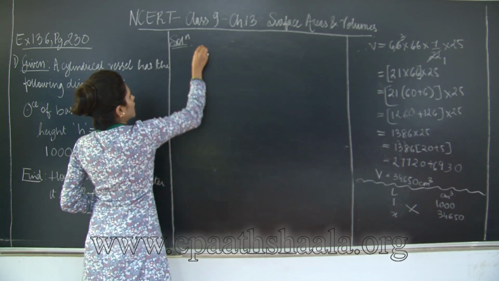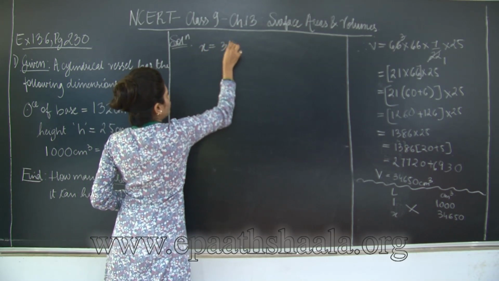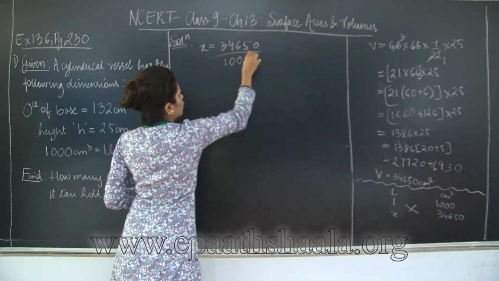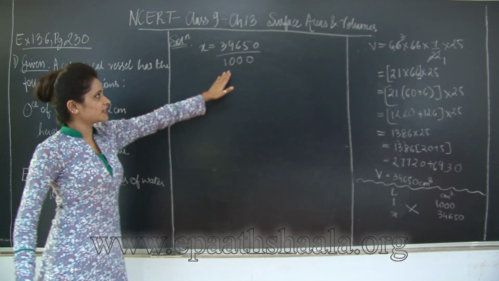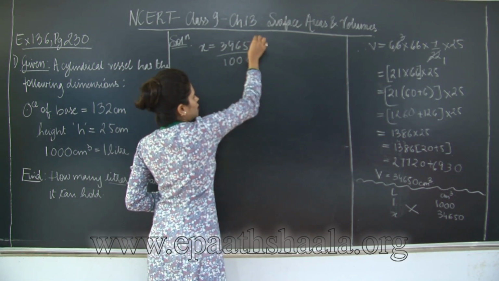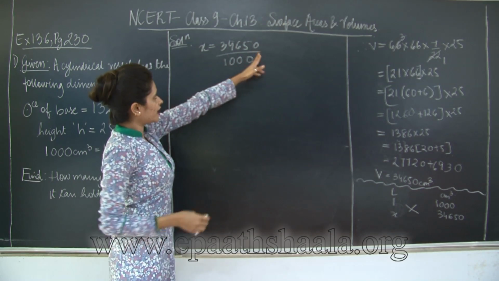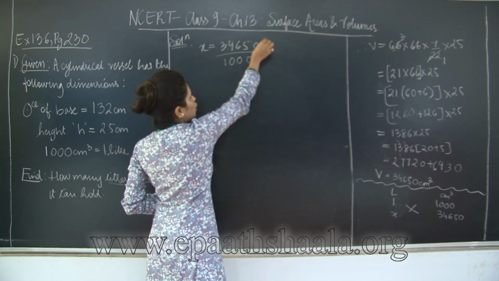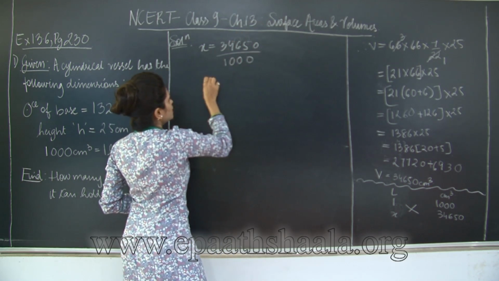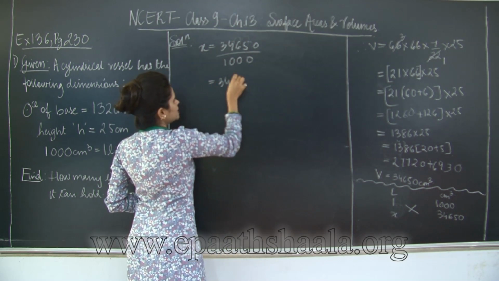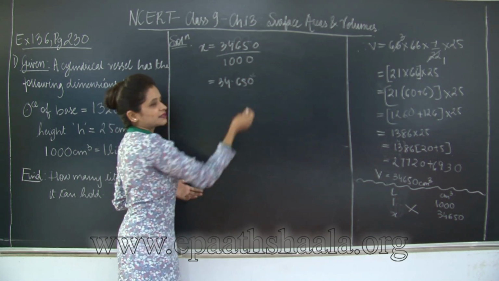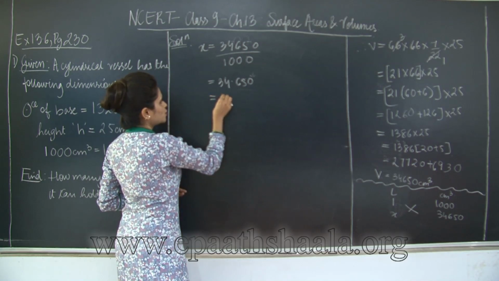Alright, x is equal to 34650 upon 1000. We need to get rid of 3 zeros in the denominator. So in the numerator, from the right, we are going to proceed towards the left 3 decimal places. So this is going to be 34.650, which can be further written as, see, this 0 after the decimal is not really of any value to us. So it is going to be